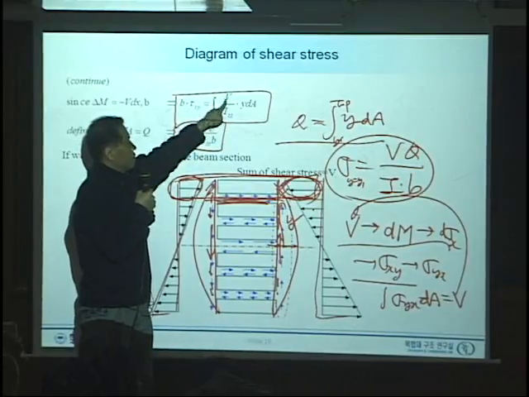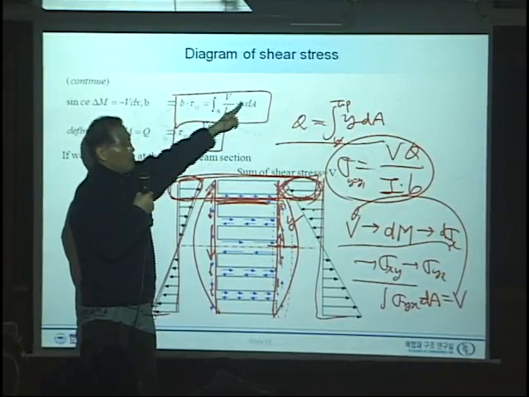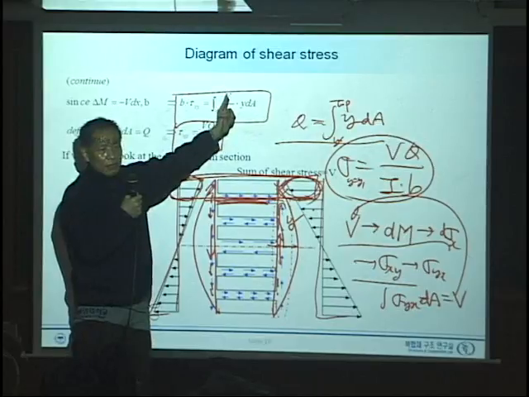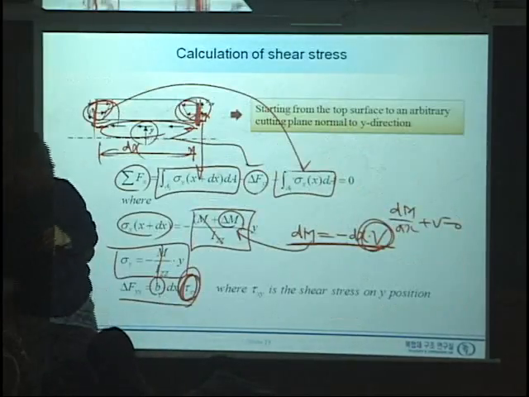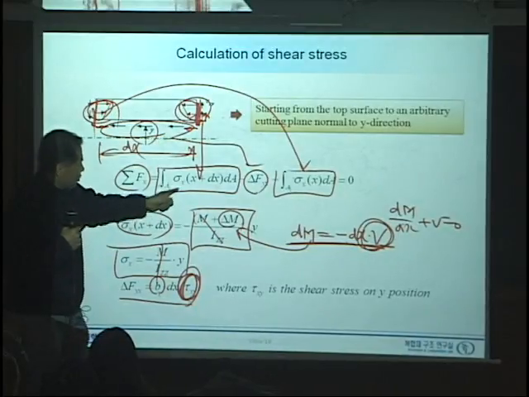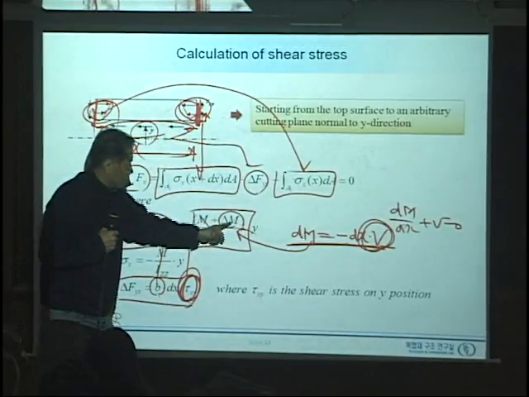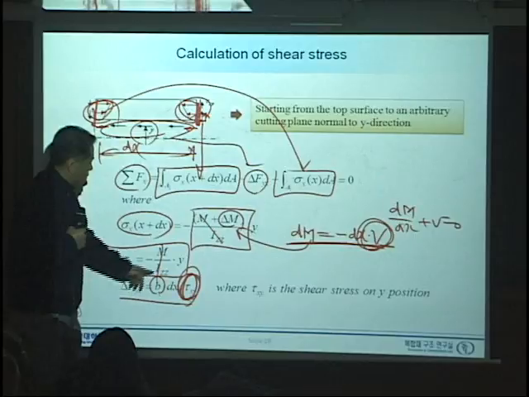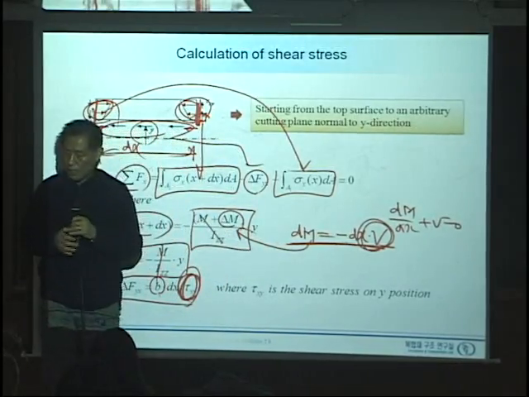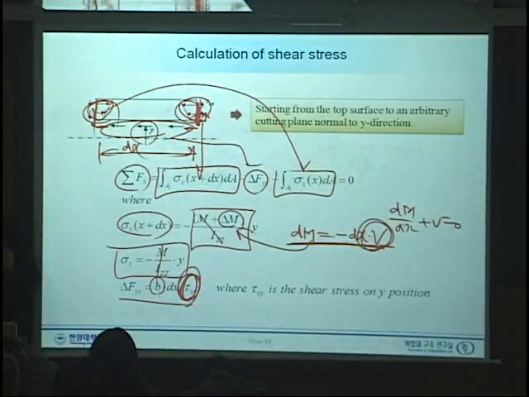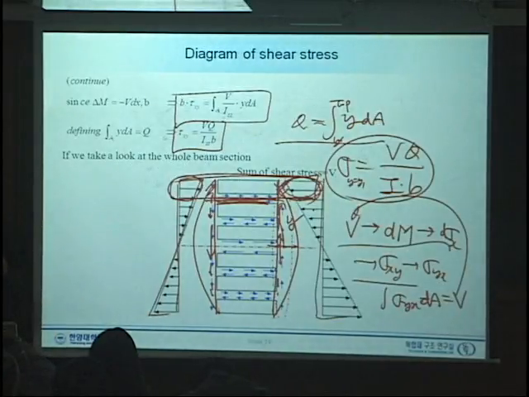Sigma x is the moment times y divided by I. And the moment, this one was simply this moment, dM divided by dx,